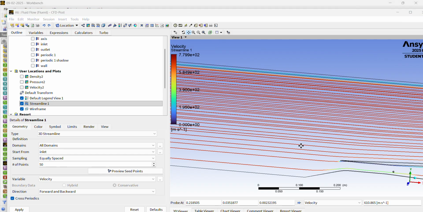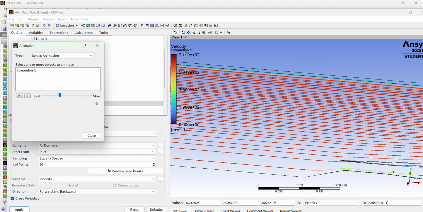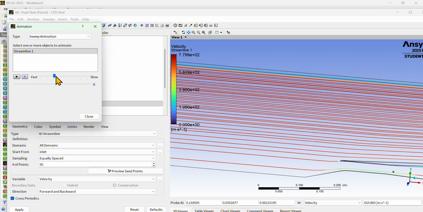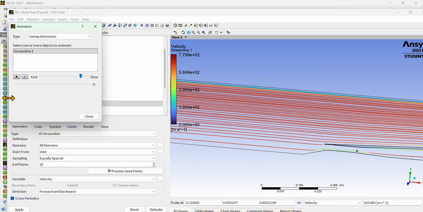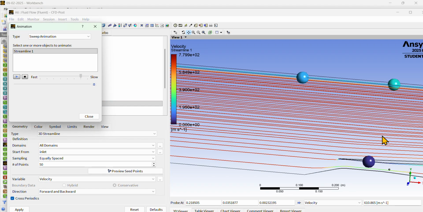Now I want to see fluid flow. At the top, I have an animation option. When I click this one, it is the default. It will have a streamline because we already created a streamline here. So I will make it somewhat slower. Then when I click on the play button, you will see. So this is how your fluid is flowing away from your